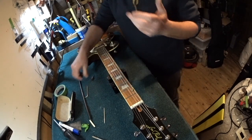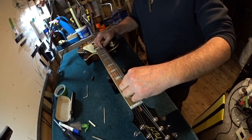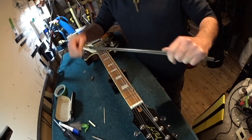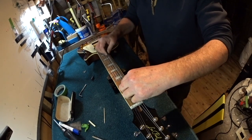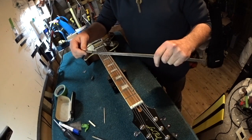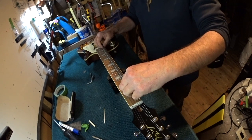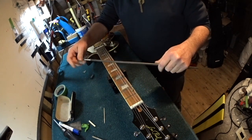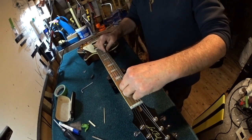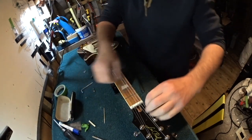The amount you take off on this exercise now is not going to be repeated. You aren't going to do it again. Occasionally I do a second one when I'm not quite happy, and it's usually because I didn't take enough material the first time. I wimped out, basically. It's more common than anything, and it's certainly common with newcomers to this method. They do that too, but I often still wimp out, and very occasionally I'll go back and do a second level. But more often than not, you do this once, I'll recrown these frets, polish them out, and then